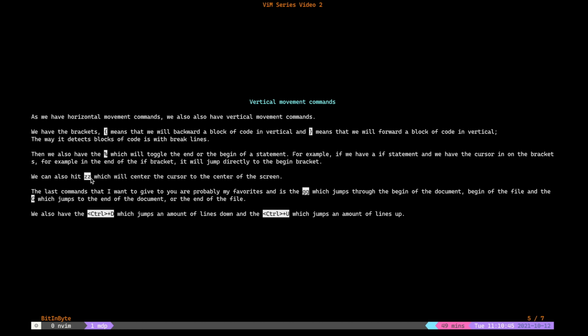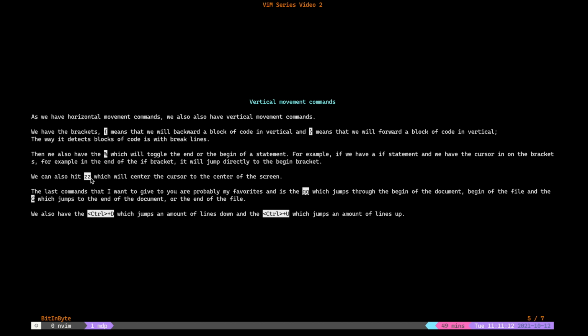The last two are not commands, they're more like shortcuts that I want to introduce to you. I personally don't use them that much because I find myself using the bracket approach, but you can use Ctrl U and Ctrl D. I never understood if it's a random amount of lines, but it basically jumps an amount of lines up or down.